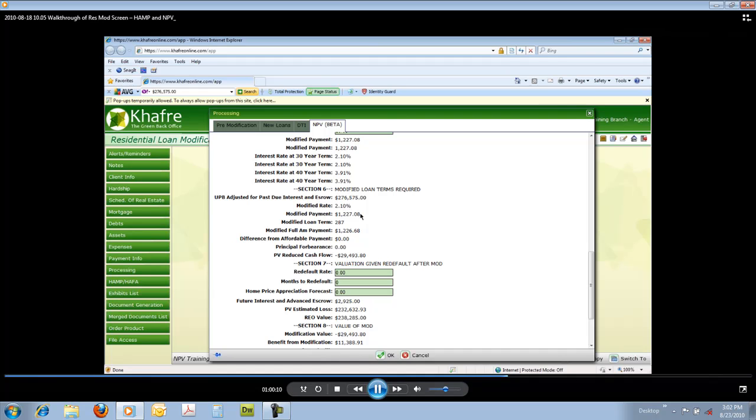Modified payment is going to be $1,227.08. They're going to modify the loan term to 287 months. So they're going to change the loan term by a few months as well. Give you the full payment amount, and from the bank standpoint, they're going to have a reduced cash flow on this property of $29,493.80. So this here again is another test that is going to check for multiple different things of whether or